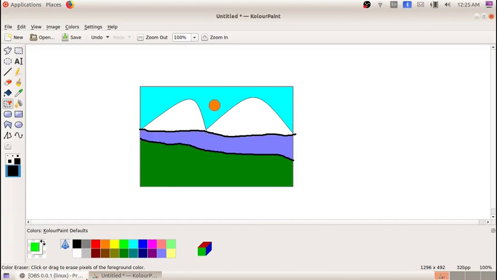Suppose I have selected the orange color as the foreground color and I double click on this color eraser, what will happen? The sun color will be erased. You notice here? Yes. So I think this topic is also clear to you, the use of color eraser.